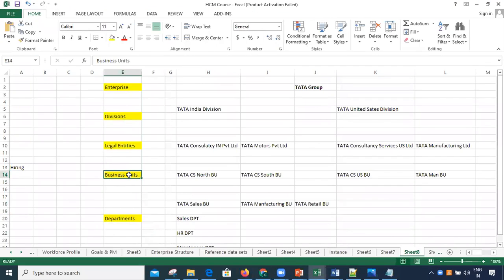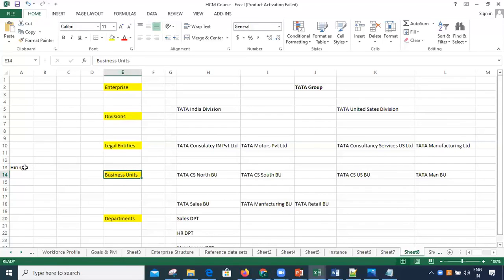If anyone asks me a question, whether BUs are mandatory, we have to say yes, and we have to justify by stating that all the workforce structures are mapped with the business unit. What are workforce structures? What is meant by job, position, and grade? And how do we link them with the business unit? By linking with the business unit, what we will get in the front end when hiring an employee, we will cover in the coming classes. But understand the concept of business unit and why it is important in the system.